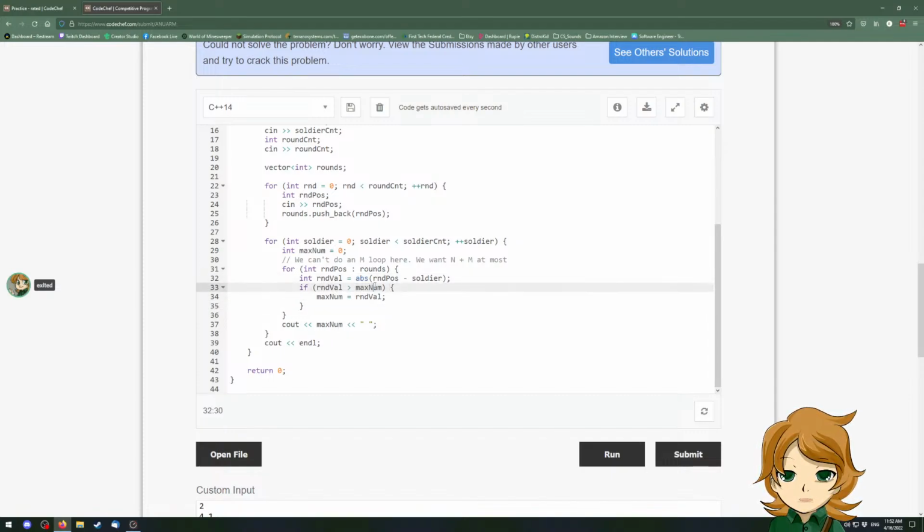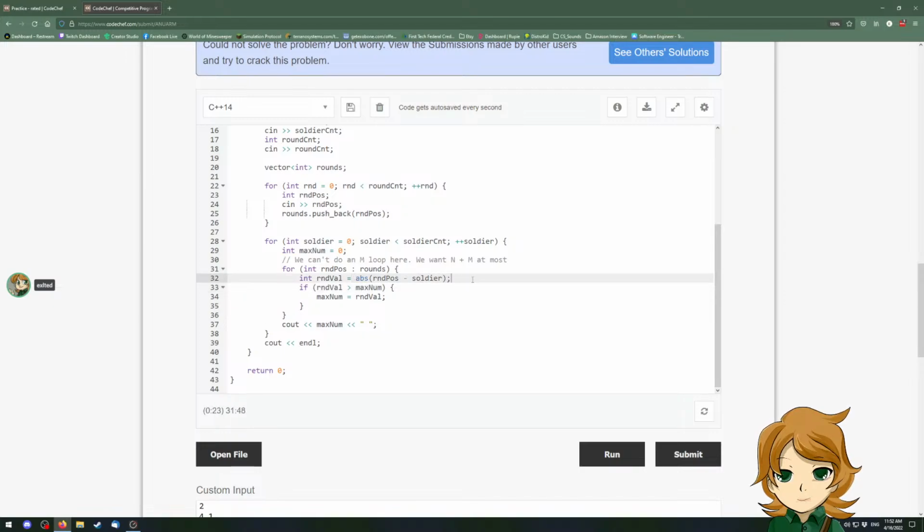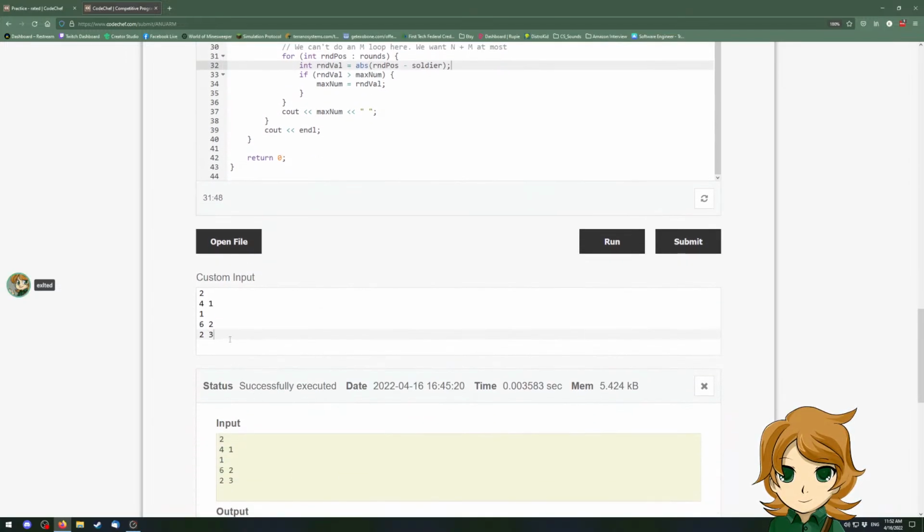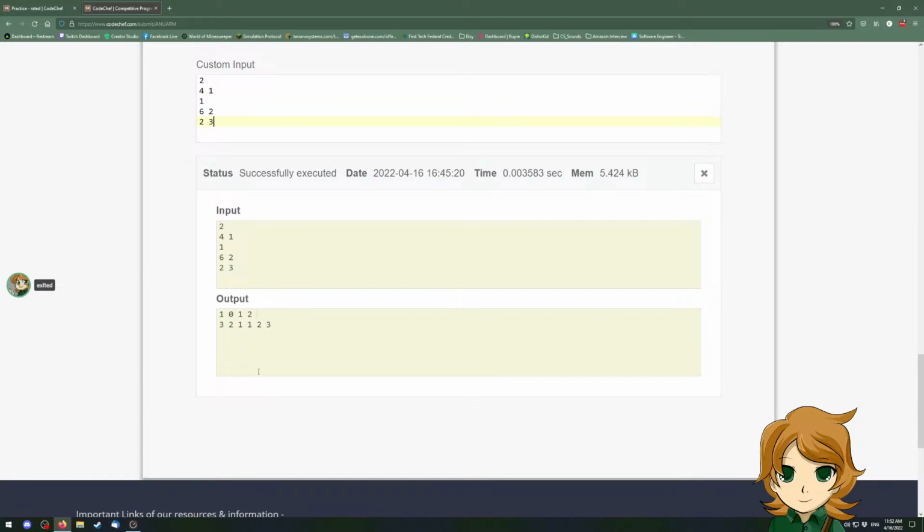So, round val less than max num. So, we need to take this and make it simpler. So, what happens if we have this 3, 2, 1, 1, 2, 3, that's a level of